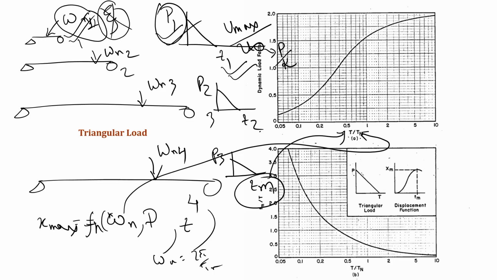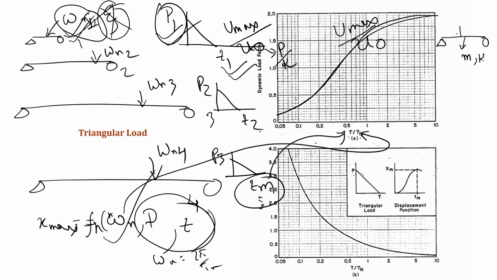So, what we have achieved is a comprehensive graph of the value of u max divided by u naught, by varying the system parameter omega n and by varying the load parameter p. Now let us say we have been given one case, say this has a particular m1, k1, and the forcing function is, let us say, f1 of t. If I was asked to calculate my u max for this system,